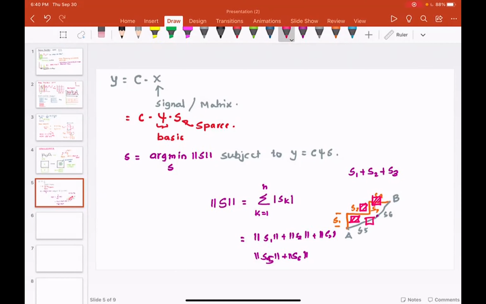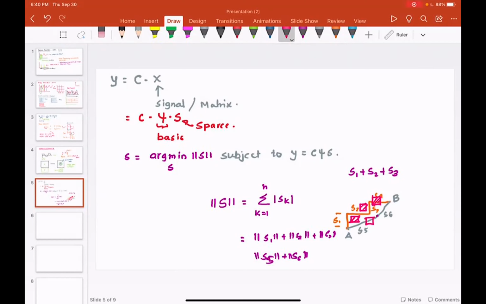But I just want to tell you this. What is the meaning of y is equal to C phi s? S is the thing that we want to find out. You agree with me? Phi is telling me it's a basis. So it is saying you cannot go in circles. You just have to go vertical or horizontal. That is what psi is telling me, that is the condition that you have. Your basis needs to be perpendicular to the previous basis, perpendicular to the previous basis, and so on.